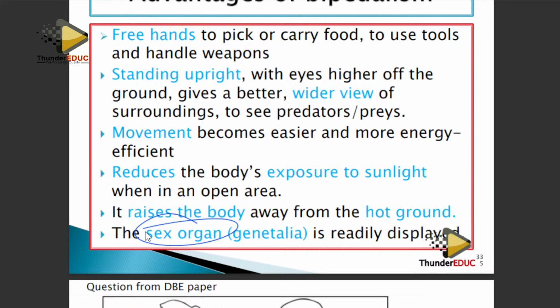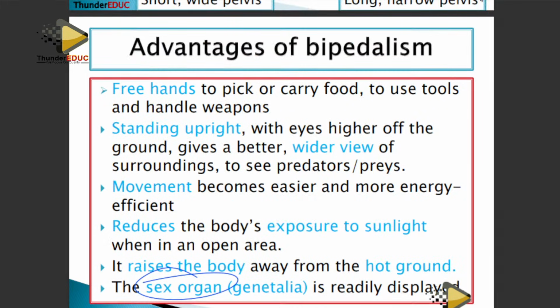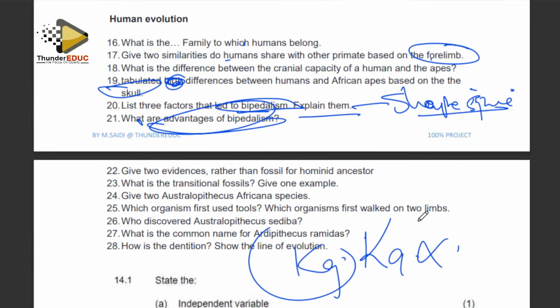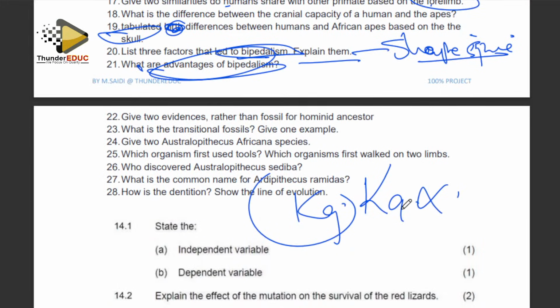Hey, bipedalism. You are joking. Hey, God loves us, right? Everything he does shows that God loves you. God loves us. All right, we continue. Anyway, I'm not a pastor, and I'm not a sheikh that I'm preaching. All right, we continue. I'm seeing a lot of things here, man. All right, we continue. The next question.